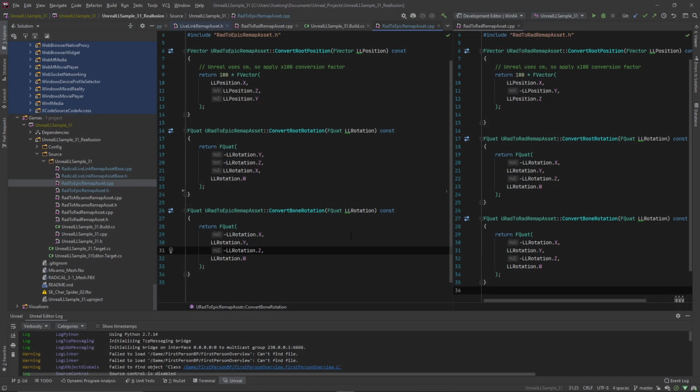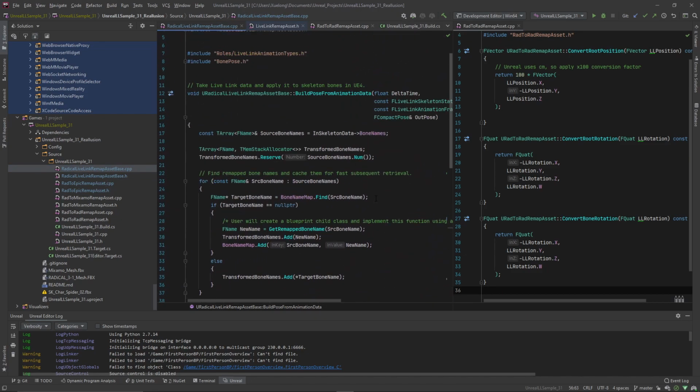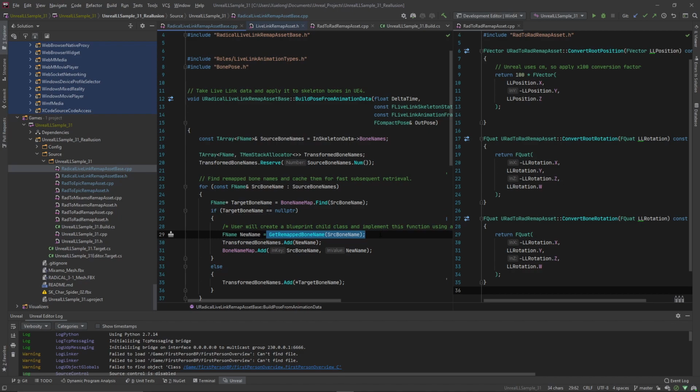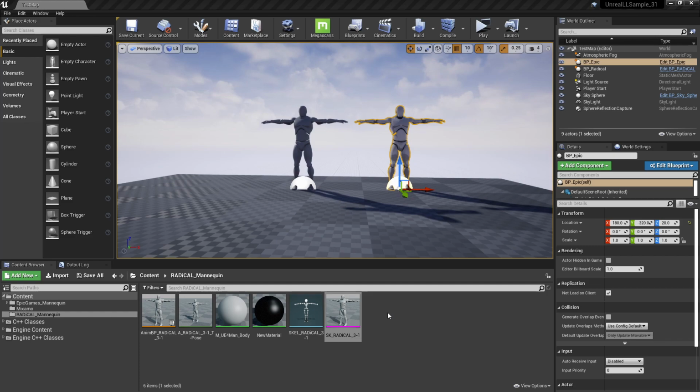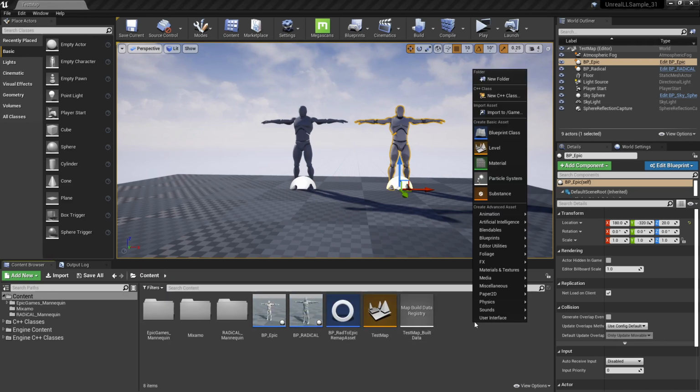At this point, we've covered everything for targeting live link animation data onto the radical skeleton as a target. But for the epic skeleton, there are a few remaining steps before we can target that properly. First, we're going to revisit the getRemappedBoneName method that we came across earlier. Now I mentioned that you can implement this method in blueprints, so what we're going to do is hop back into Unreal. If you were to be using this on an empty project, you would need to create a new blueprint class